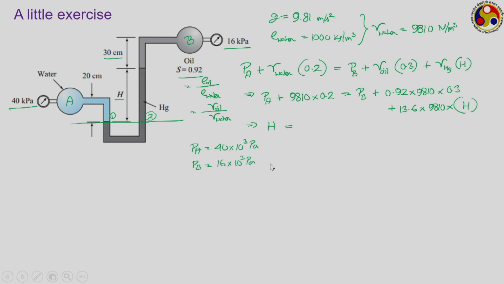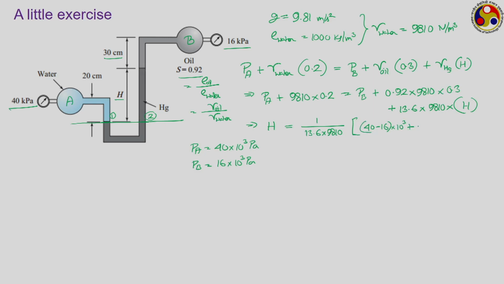So, if you put it back there, what we have is 1 by 13.6 into 9810 into Pa minus Pb, which is 40 minus 16 into 10 cube,